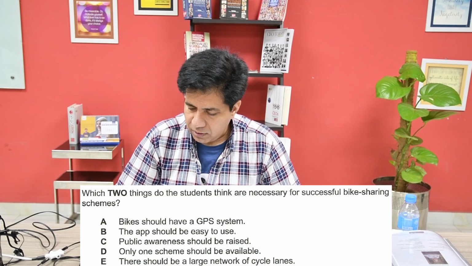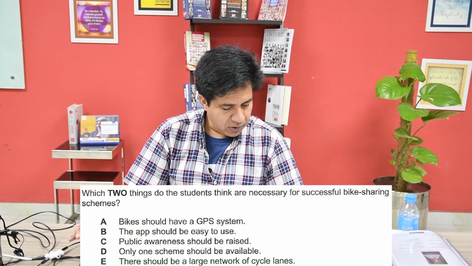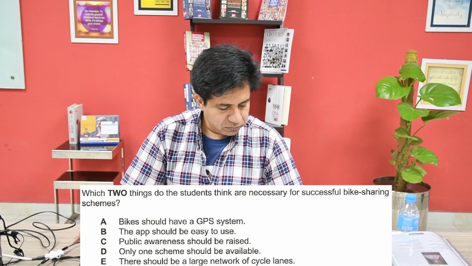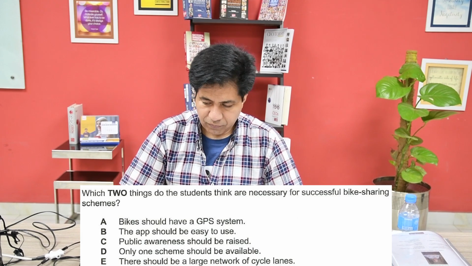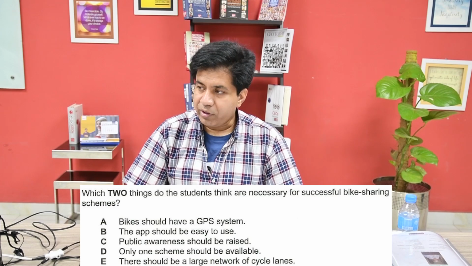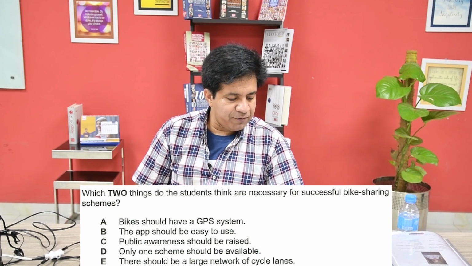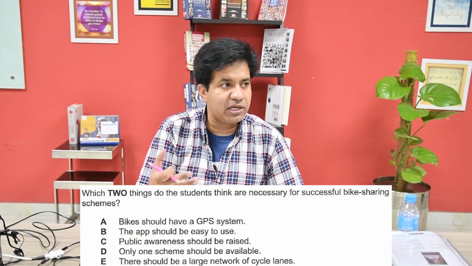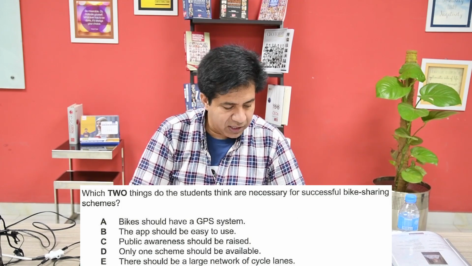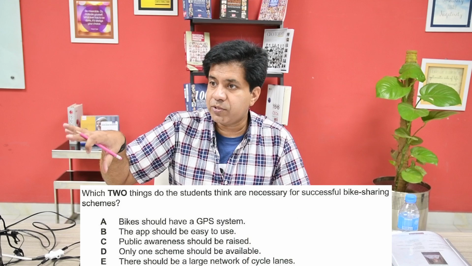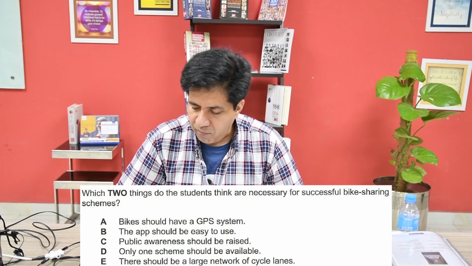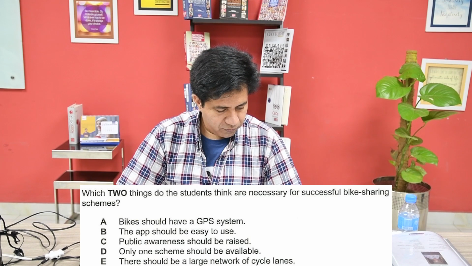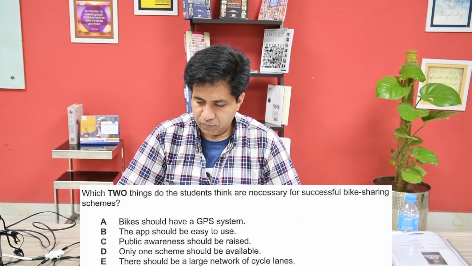Let's go on. Some people say there shouldn't be competing companies offering separate bike sharing schemes, but in some really big cities, competition's beneficial. And anyway, one company might not be able to manage the whole thing. Okay, in some cities competition is beneficial. Only one scheme should be available. He says in some countries competition is beneficial. It means more than one. So D is the wrong option because they spoke oppositely. Right. Deciding how much to invest is a big question.